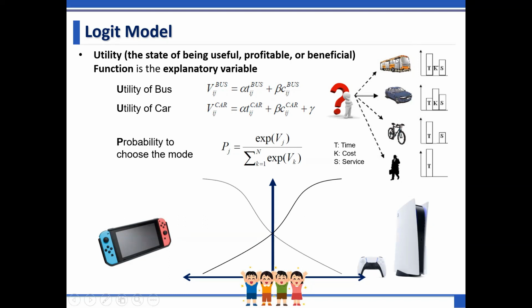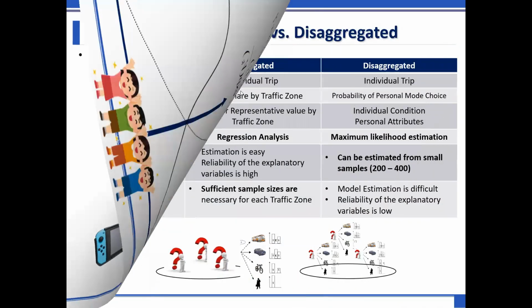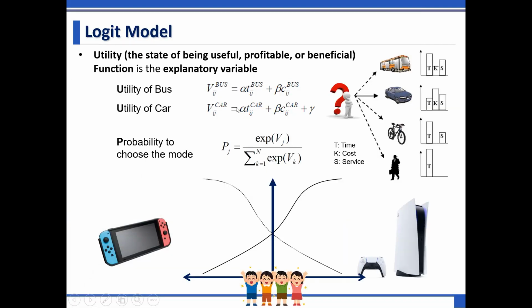service aspect must be compared. For example, the travel time and the travel cost and service level. Yes, and these factors are converted into the so-called utility functions. In terms of the utility of bus, it is alpha multiplied by travel time by bus and beta multiplied by travel cost by bus, and car is also. And the probability to choose the bus or car is the